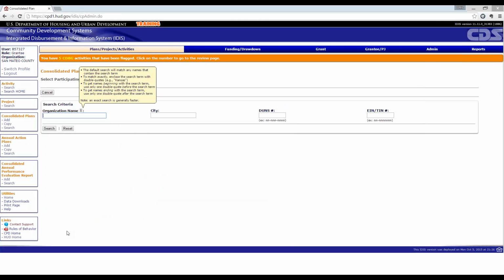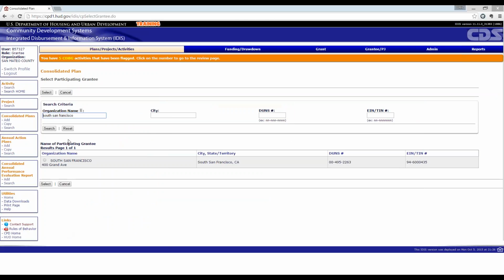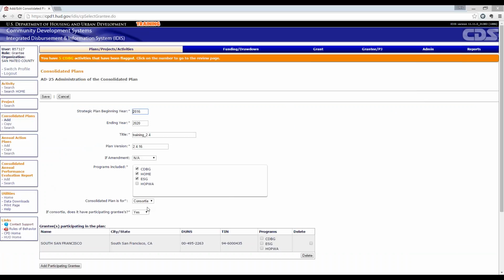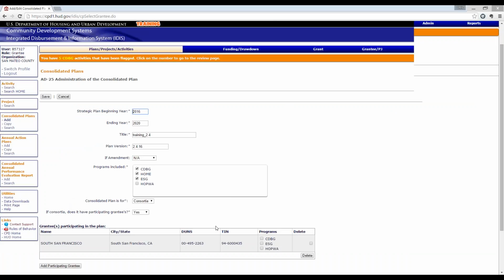So clicking on that button, we're in here as San Mateo County today, so I'm going to add South San Francisco, the participating member. Click on search, and here we go, South San Francisco pops up. So I check this radio button and click the select button, and South San Francisco is now incorporated into the plan.